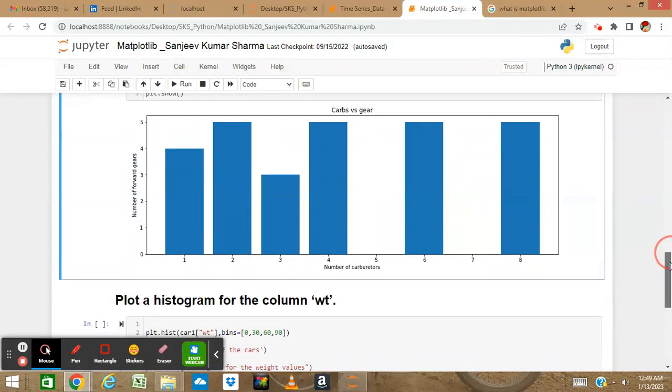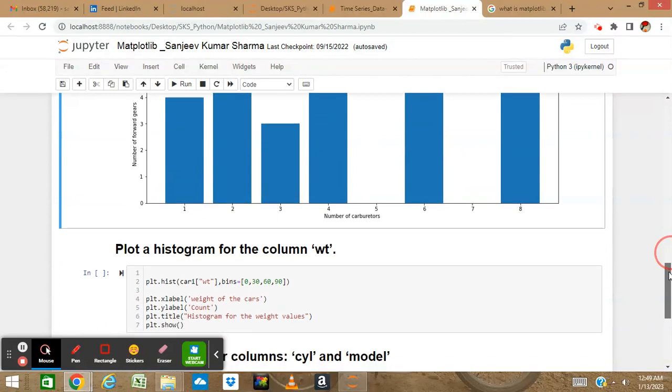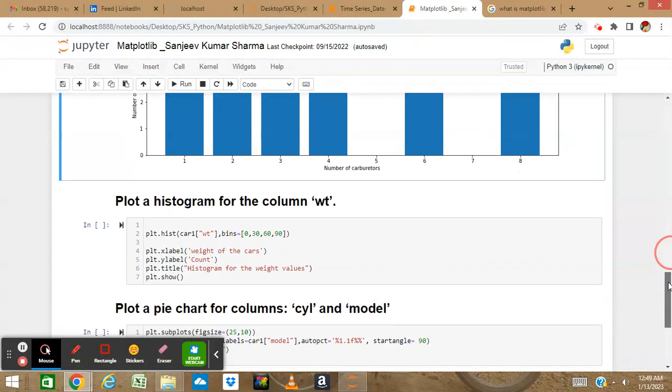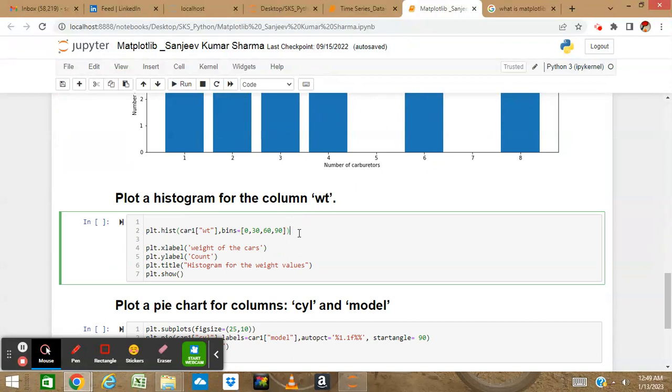Now let's move to next chart, that is histogram. So the histogram, I'm sure you know what is histogram, and we have to create a bin here, right? We have to give a small, you can see the legs here. As you can see, I have given the histogram of 0 to 30, 30 to 60, 60 to 90, and WT means weight. So for the weight of the columns, I have to create a histogram. On the X level,